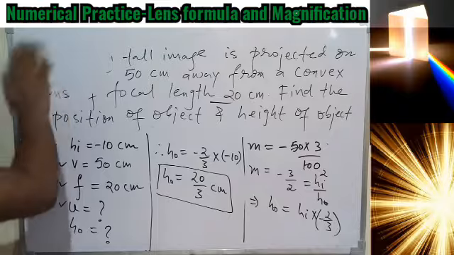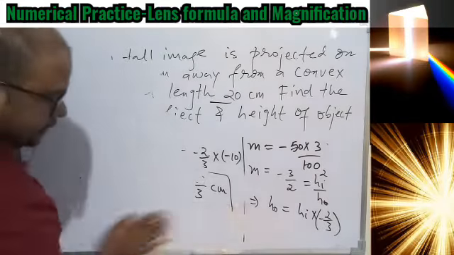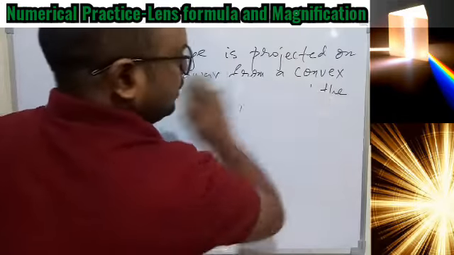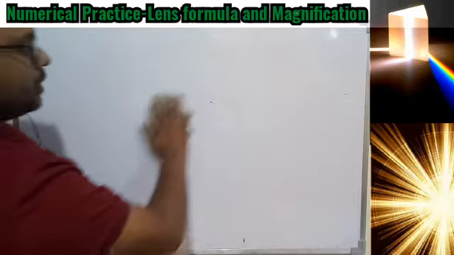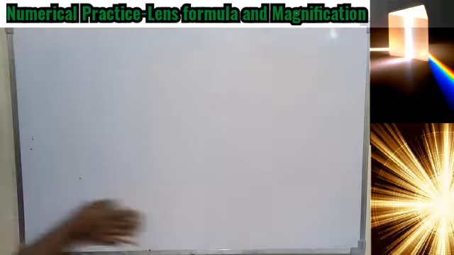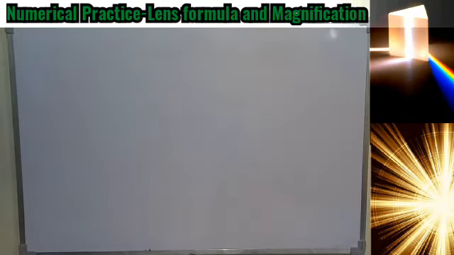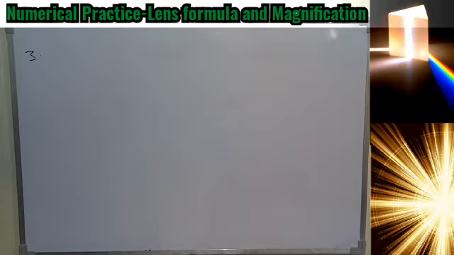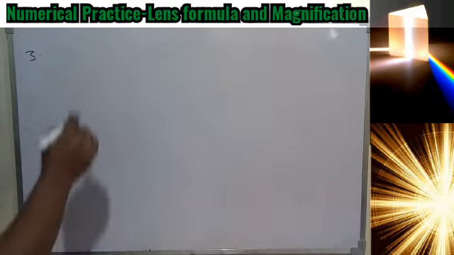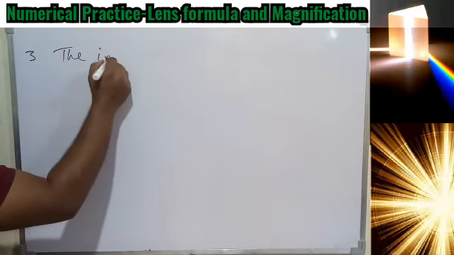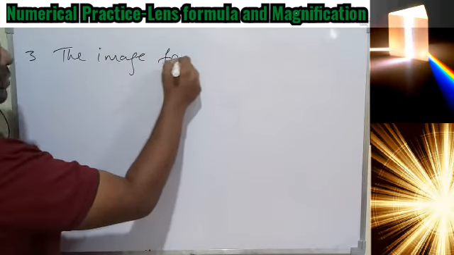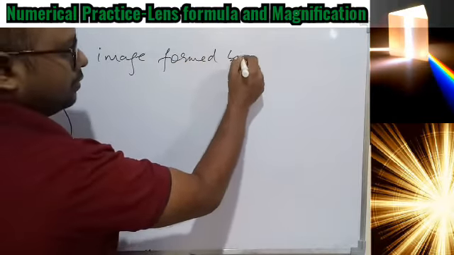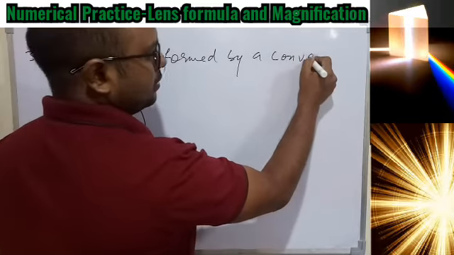Let's go for number 3, and I'm taking all the different types of the numerical so that you can also start practicing the numerical at home. Number 3 is the image formed by a lens is 2 times. So the statement is, the image formed by a convex lens